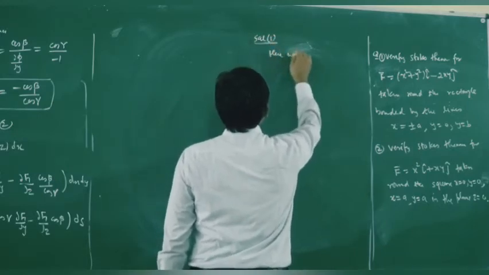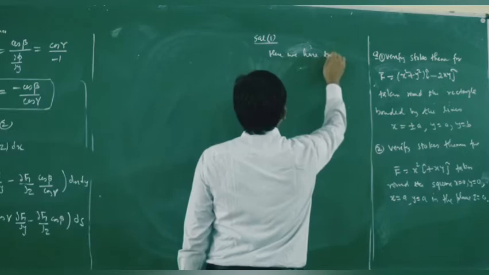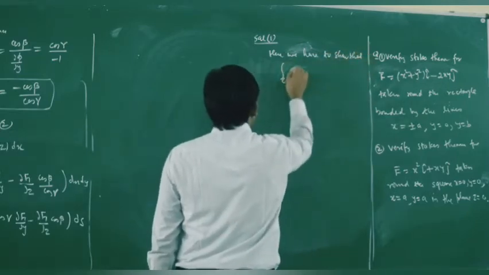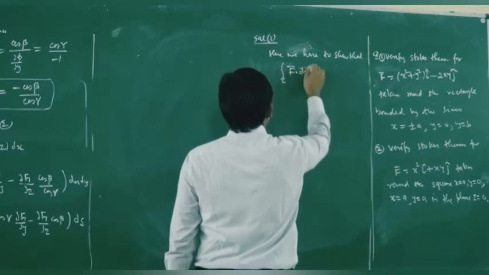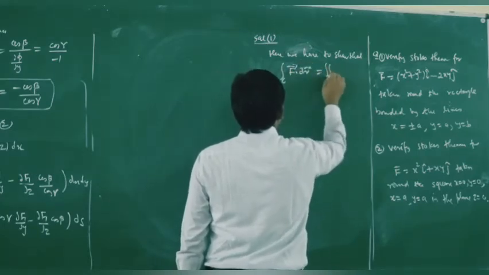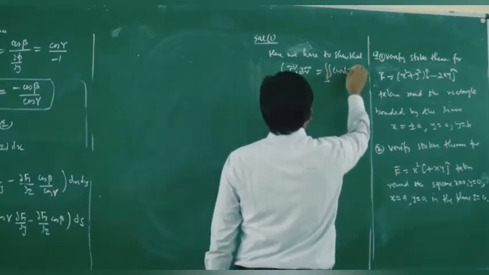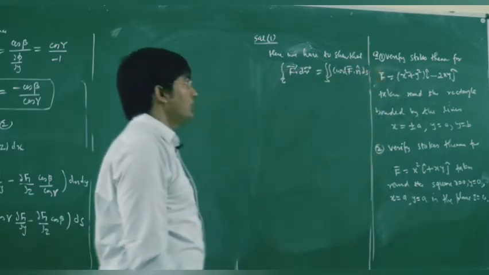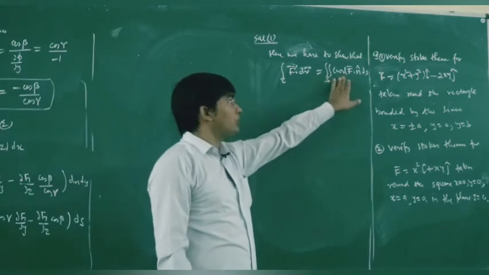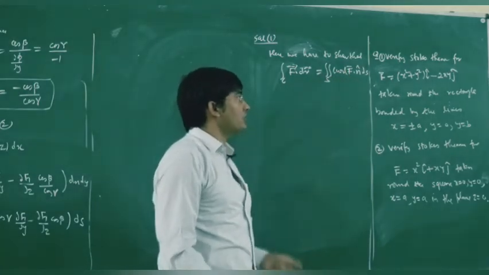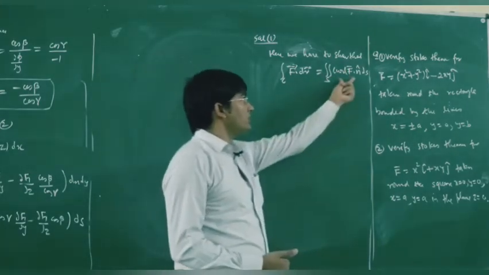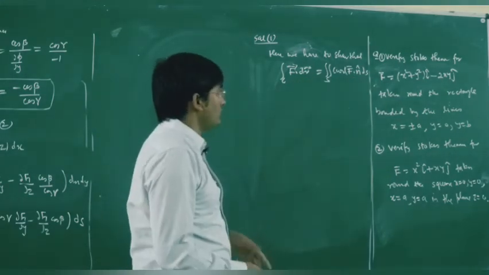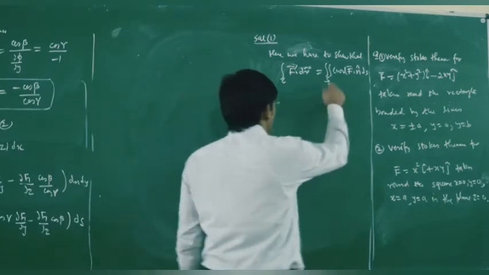Here we have to show that the line integral over C of f dot dr is equal to the surface integral of curl f dot n dS. First of all, let us evaluate this surface integral because it is easy to evaluate. For the line integral, we will have to take the 4 integrals. So first of all, let us